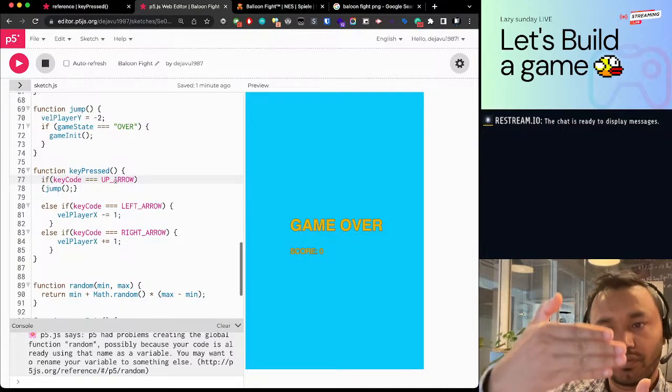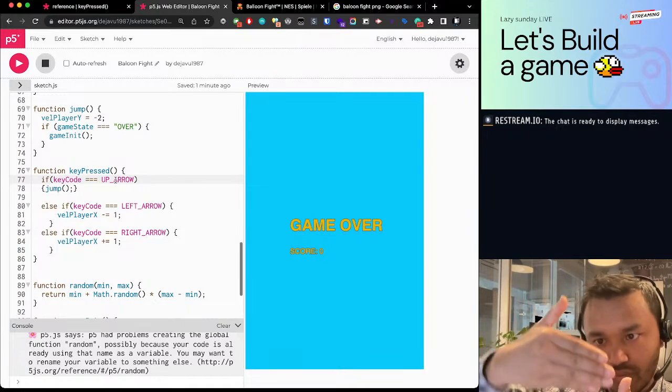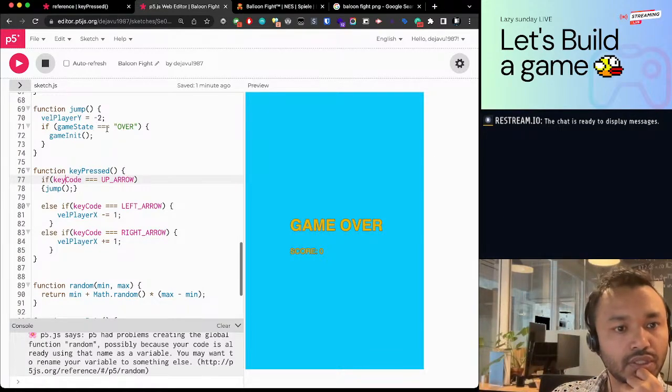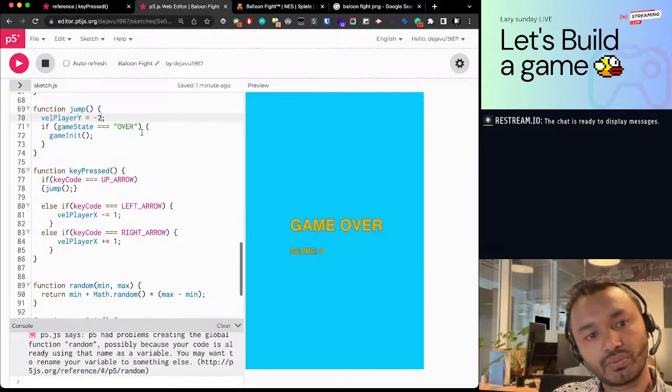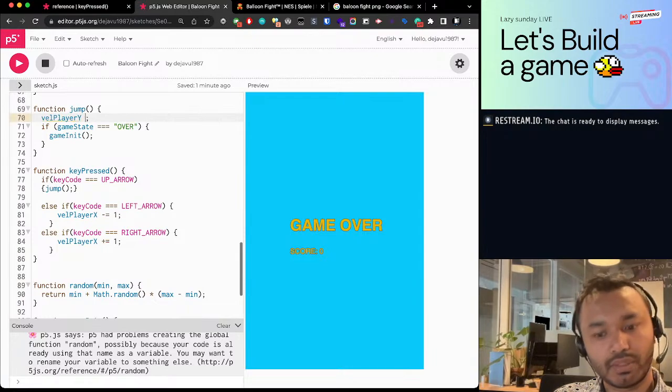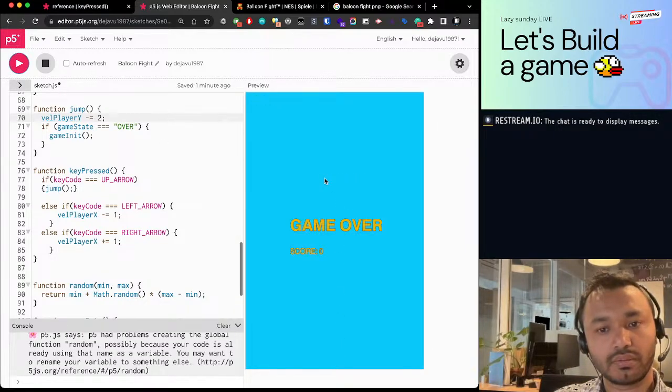So if it's falling and you press up, it slows down and then goes up, which means this cannot be -2, but this can be minus equals 2. Let's see how that works. No. Wow, that's hard. Yeah, and now it works. Ooh, that's nice, but